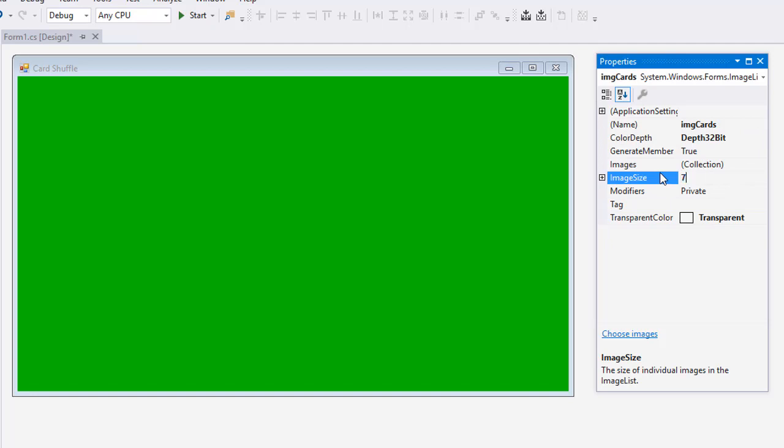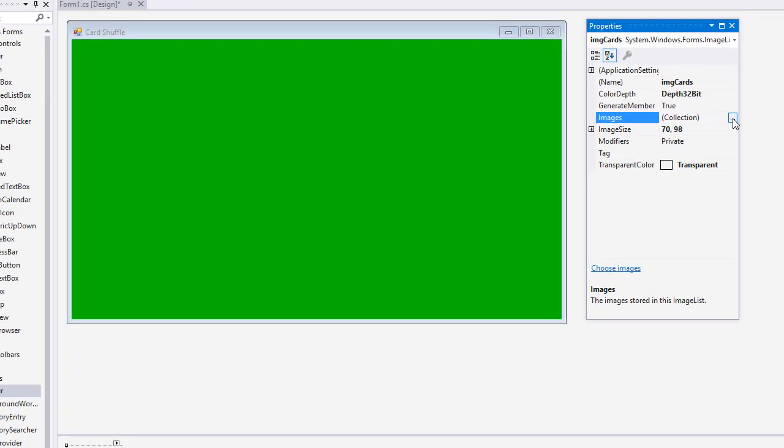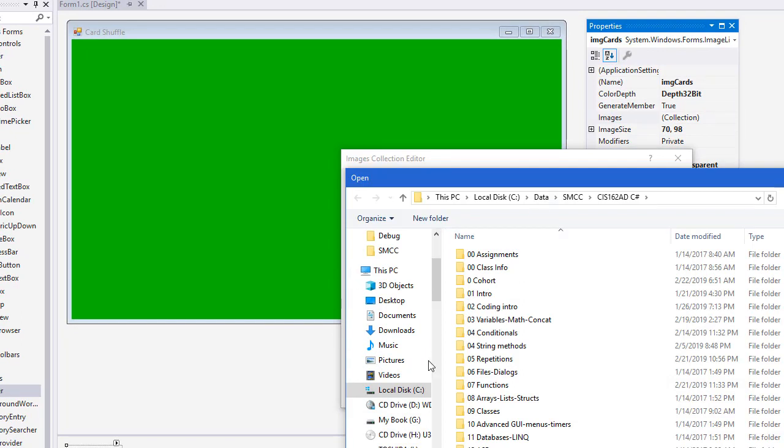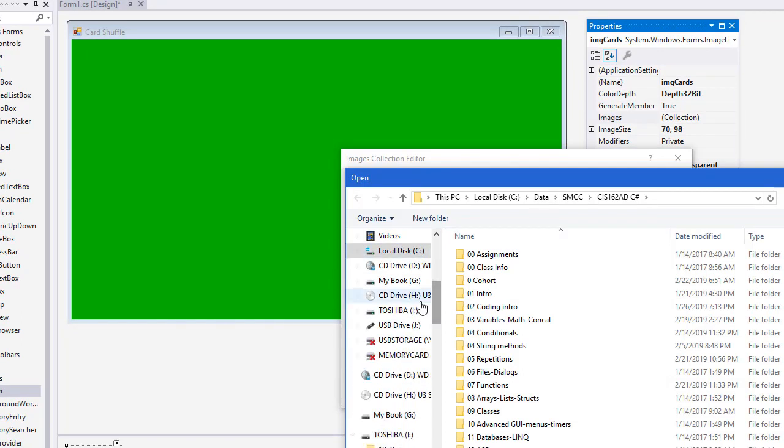Remember that number I told you to remember? It was 70, 98. We're going to reduce these down to quarter size of the original images. And then I'm ready to choose my collection. So I'm going to open up the collection. I'm going to click on Add, and I'm going to go find those images that I saved on my thumb drive